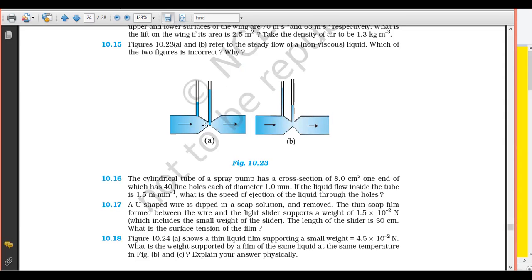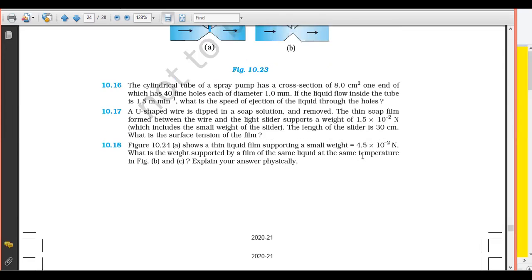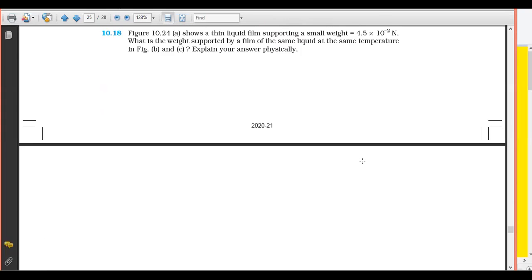So this is a simple question. You can see that this is something like a venturi. So here the velocity is less, here the velocity is high. If the velocity is high, pressure is low, which means the height of the liquid column will be less, right? Pressure is low means it should be this way, and here if the pressure is high, it should be higher. So that means I would say the B figure is correct. Then the A diagram is wrong, right? So I hope you figured it out. Any other questions? Should try.